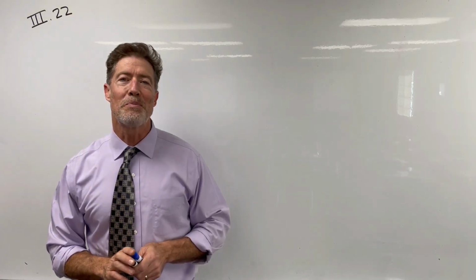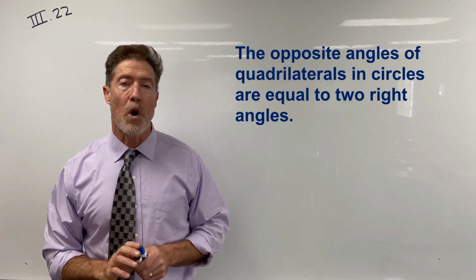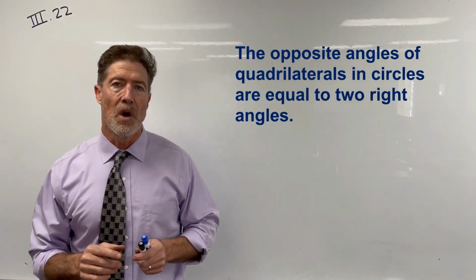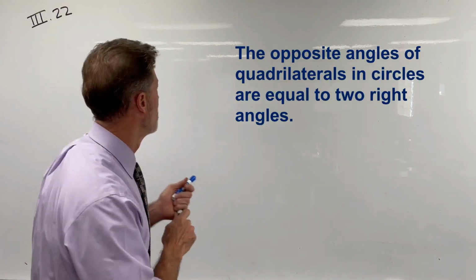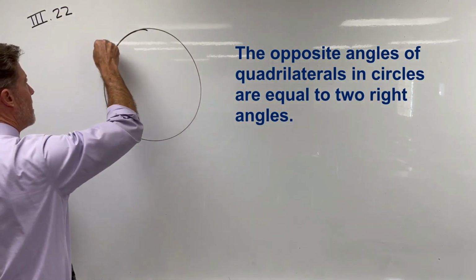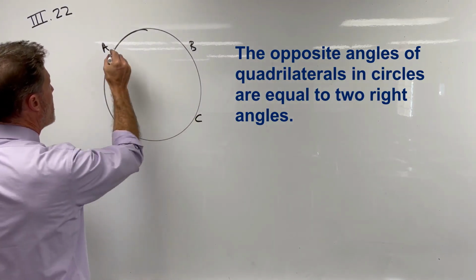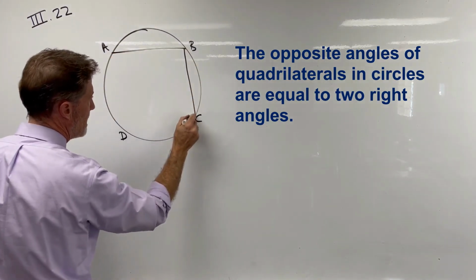Euclid's Elements, Book 3, Proposition 22. Opposite angles of quadrilaterals in circles are equal to two right angles. So if we have a given circle, circle ABCD, and we also have a quadrilateral ABCD,